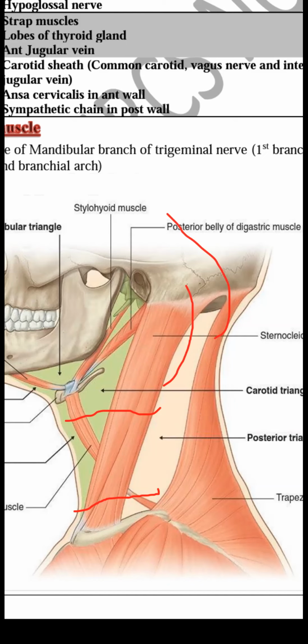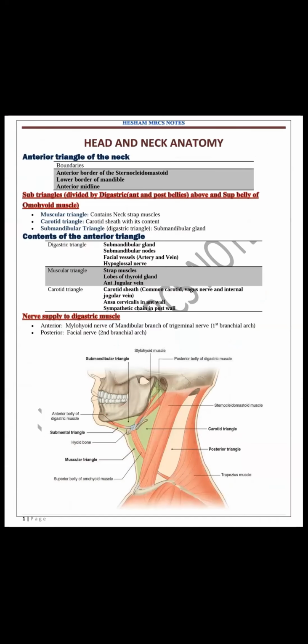Again, from its sides. This is the supraclavicular. This is transverse cervical. This is great auricular, and this is lesser occipital. These are the boundaries, content, and floor of the posterior triangle. Let's go to the next slide